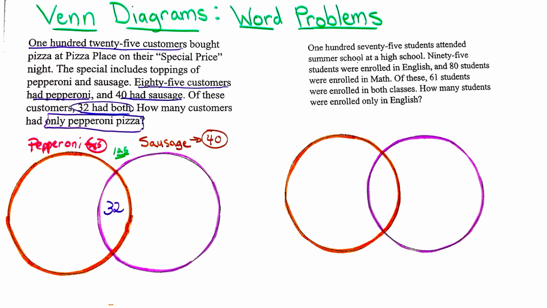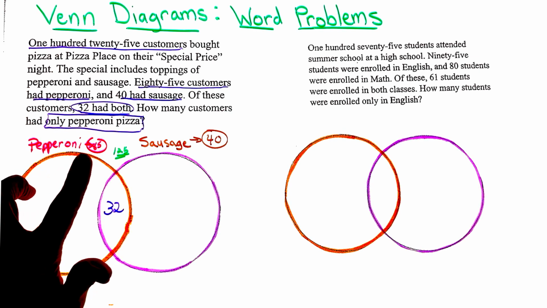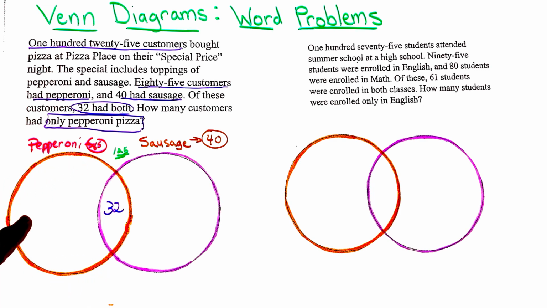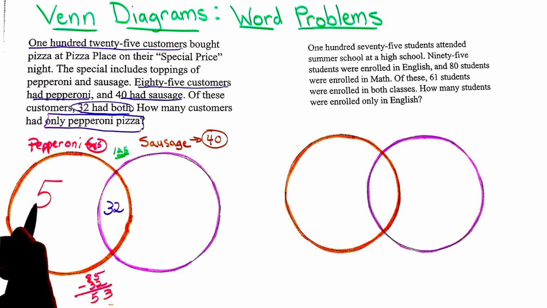Okay, so now looking at this, we know that there were 85 total people that had pepperoni. So I'm going to just do a very simple subtraction problem, and I'm going to take my 85 and subtract from it my 32 that's in the middle, that is the overlap. And notice, I do get 53 for my